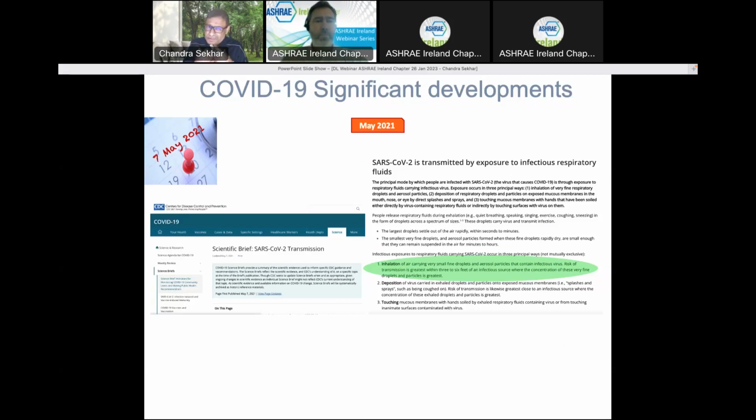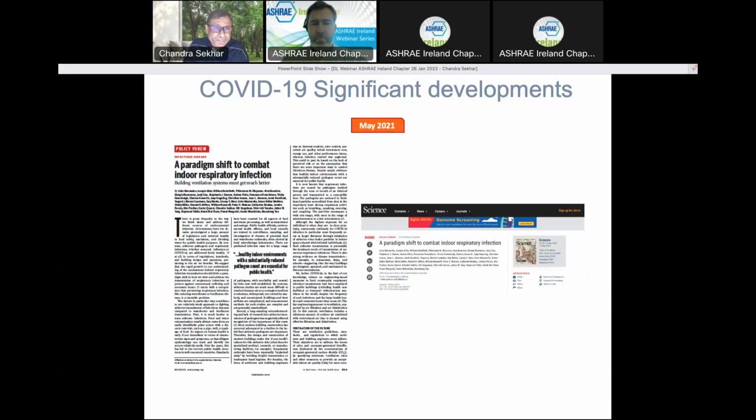So we are really addressing, apart from all the other advisories that came about in terms of what one needs to do from the contact or droplet transmission mechanism, the airborne transmission. Mitigation techniques or strategies started to evolve quite clearly in terms of advisories like what you're seeing here.